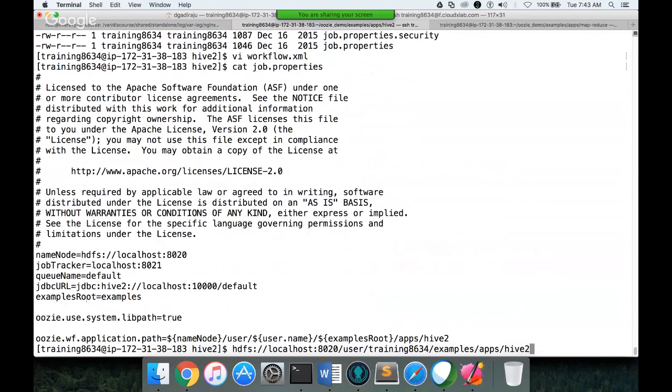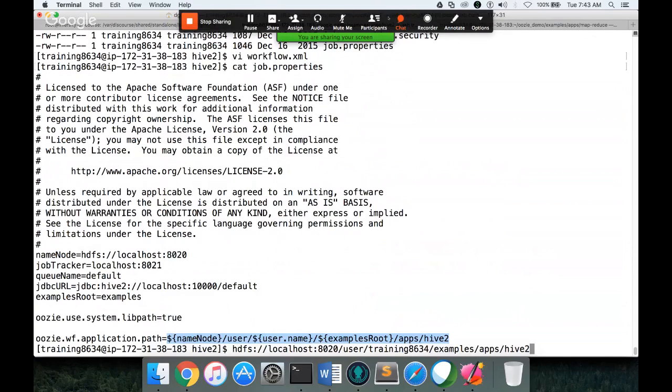So this application, so Oozie WF application path is very important. Whatever application we want to run as an Oozie job has to be deployed in the path specified under Oozie application path. So in this case, we have to copy the Hive 2 directory, after fixing the job.properties with appropriate name node and job tracker, into this location, and then we have to invoke the Oozie job. I will get back to that in a moment after answering this question, and also after running a few Oozie queries